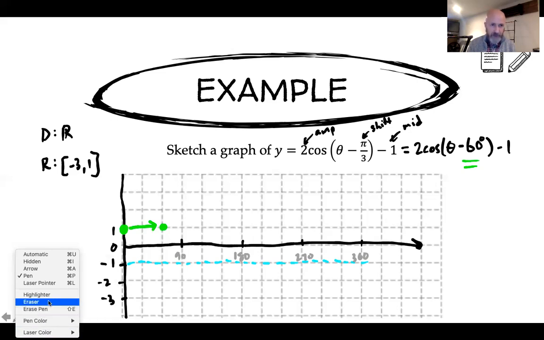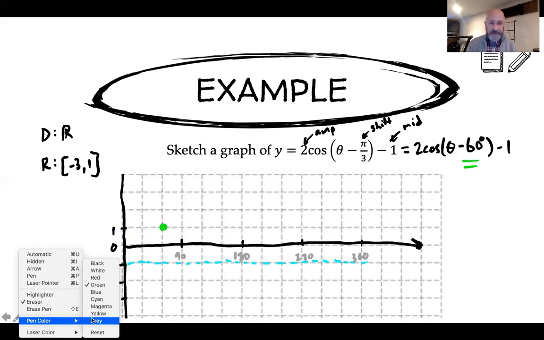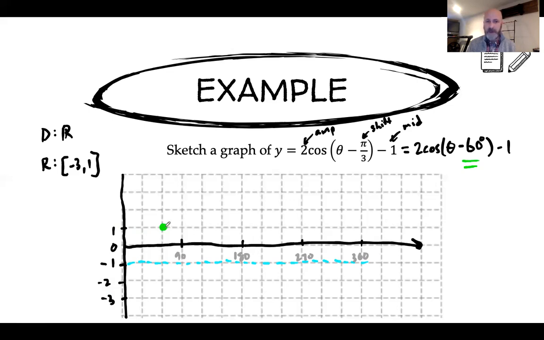So after moving that point, I'll just finish everything up. Normally it takes cosine a quarter of a period. It takes it 90 degrees to fall to its midline. So right now I'm at 60, 90 more degrees would bring me to 150, right about there where it hits its midline. And then 90 more degrees, 3 more blocks, if you're counting blocks, to fall to its minimum point of -3. And then 90 more degrees to come back to its middle. And then it would take 90 more degrees to reach its maximum point. Right? So if I just connect the dots here, I see one full period of cosine,